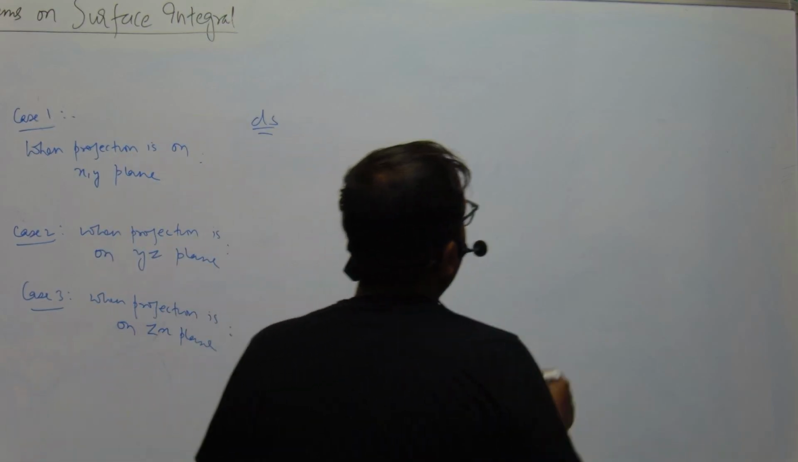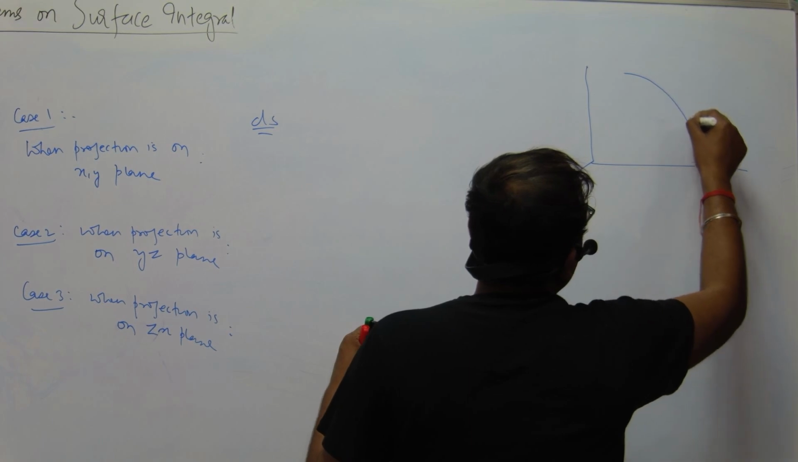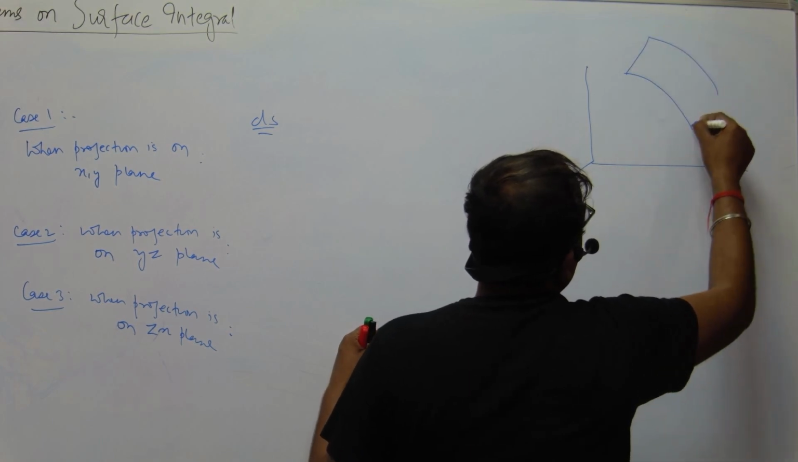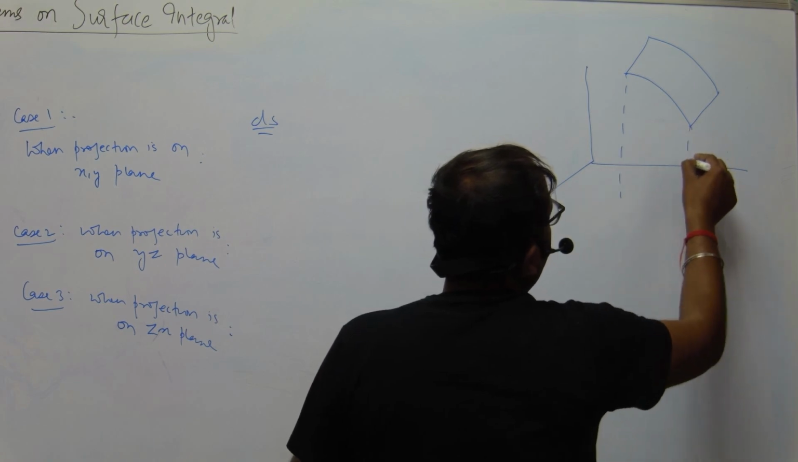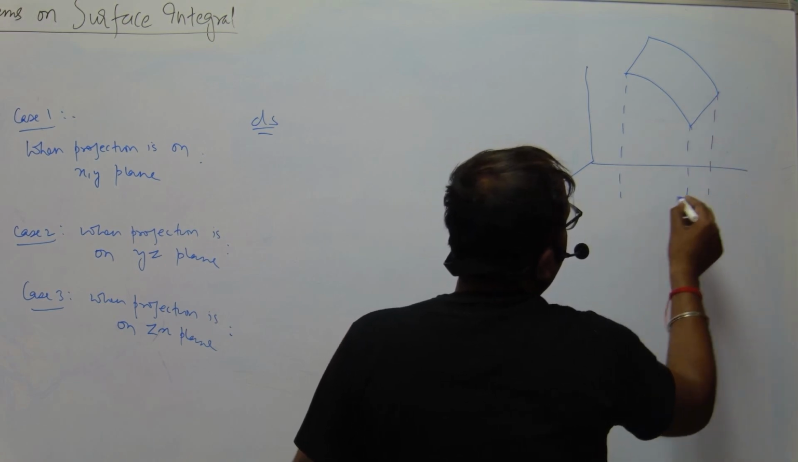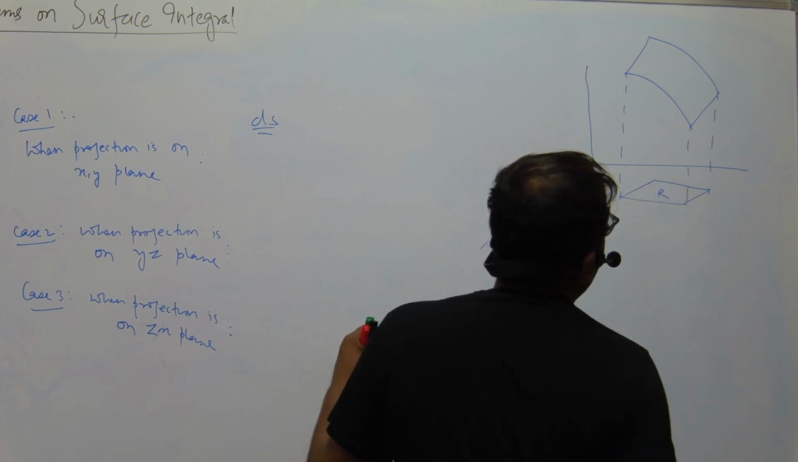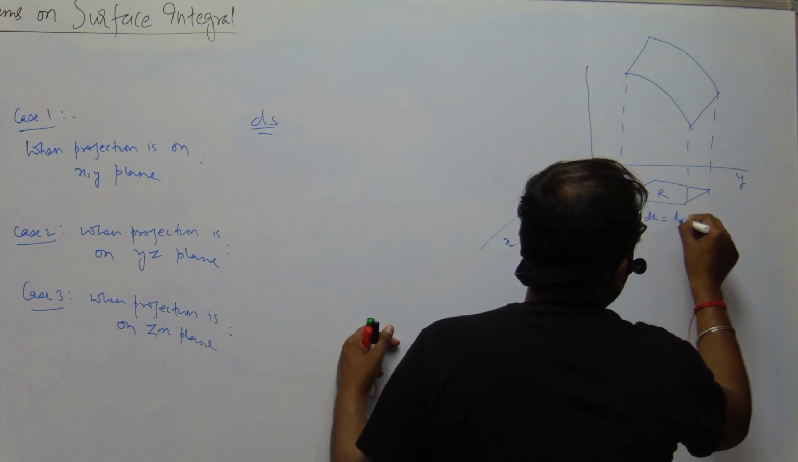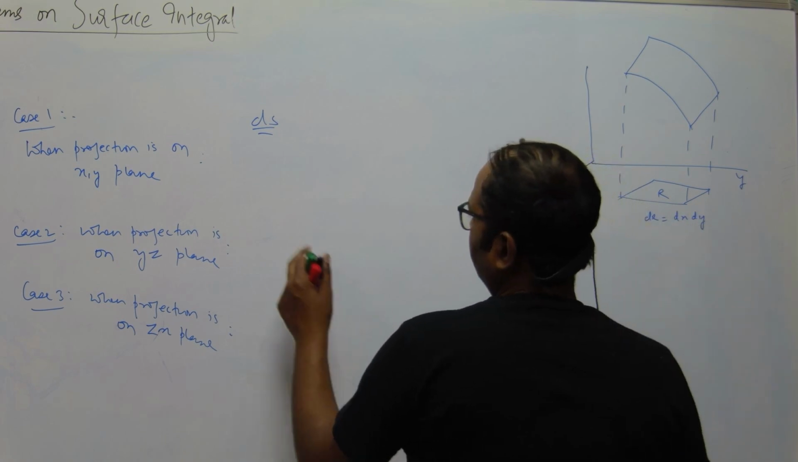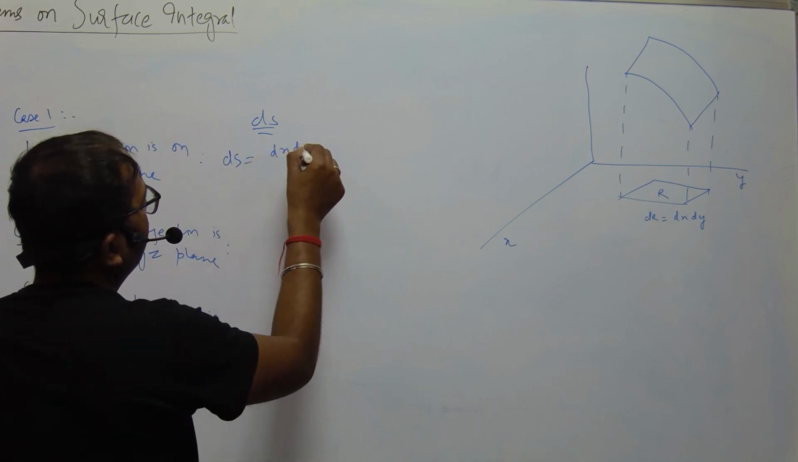Let us draw the diagram also. Let us consider this surface like this. When we are taking the projection on the xy plane, our planar area will give a planar area like this. This is our region R, this is x and this is y. The value of dR will be dx dy, so ds will be dx dy upon